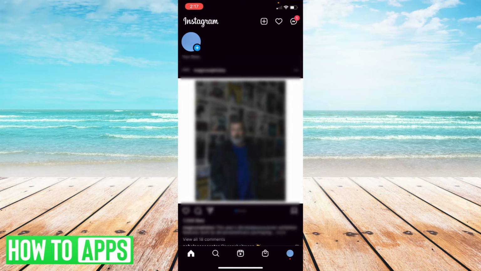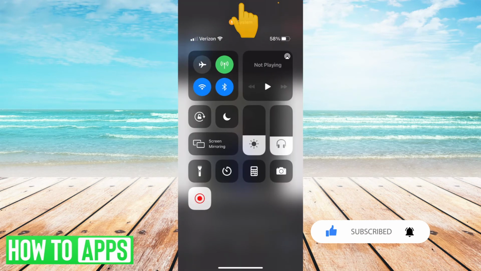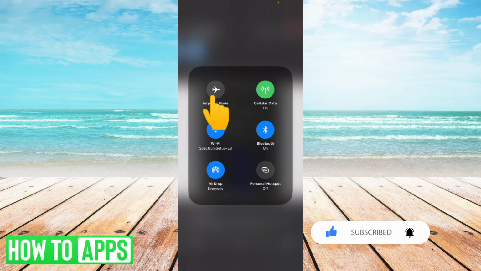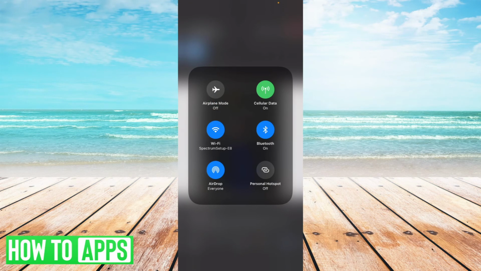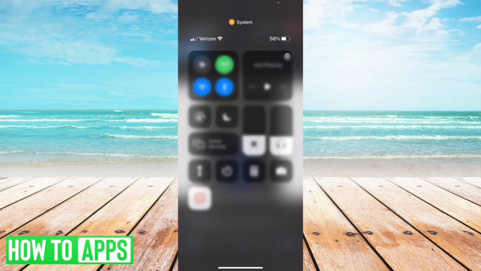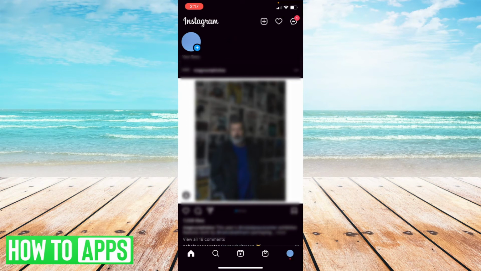So if you've checked that and that's not the case, and for whatever reason you're getting a blank screen when you try to access your direct messages, what you're going to want to do is first check and see how your internet access is doing. So you want to go up to your either Wi-Fi or your carrier settings and just make sure that your cellular data is on and your Wi-Fi is set up to a strong connection. And you can either go on your home screen like I just did,